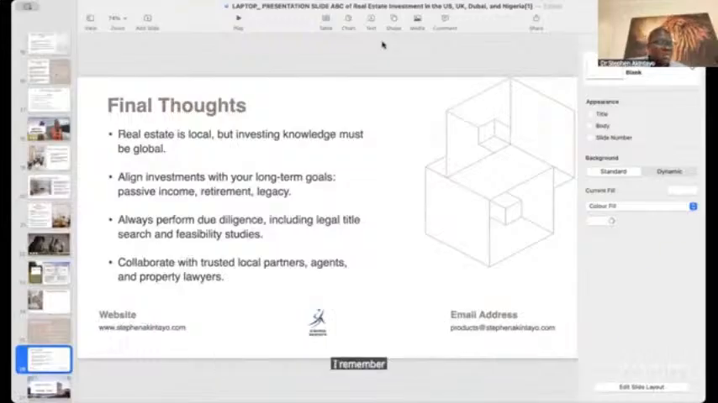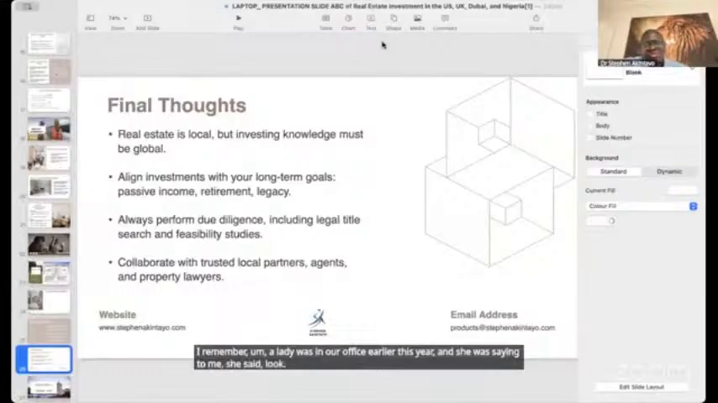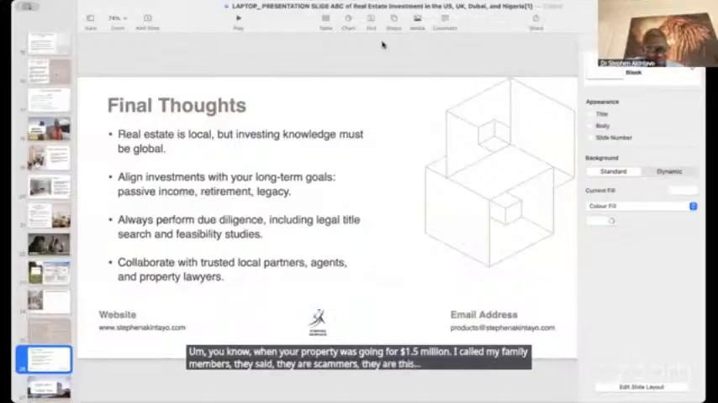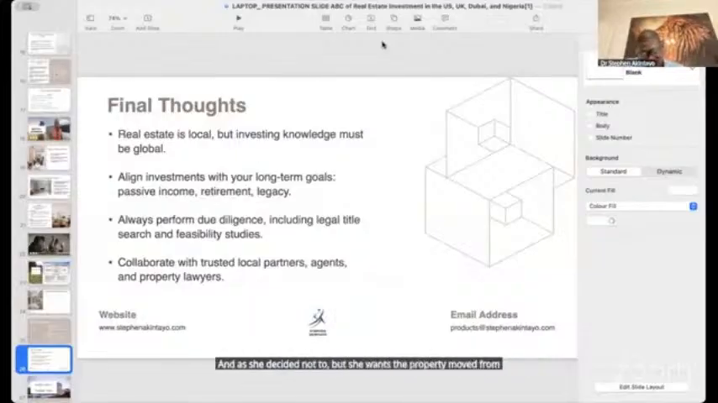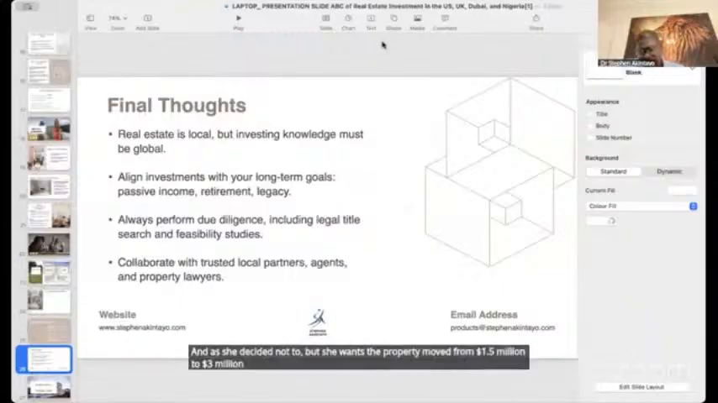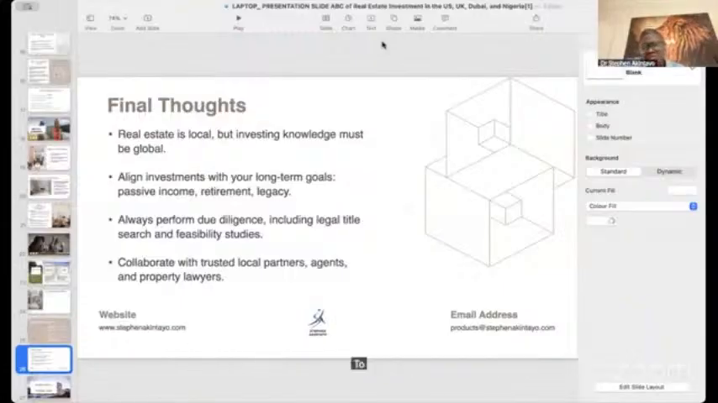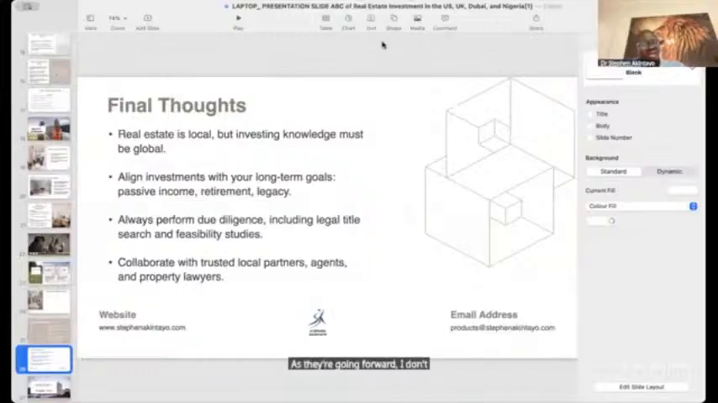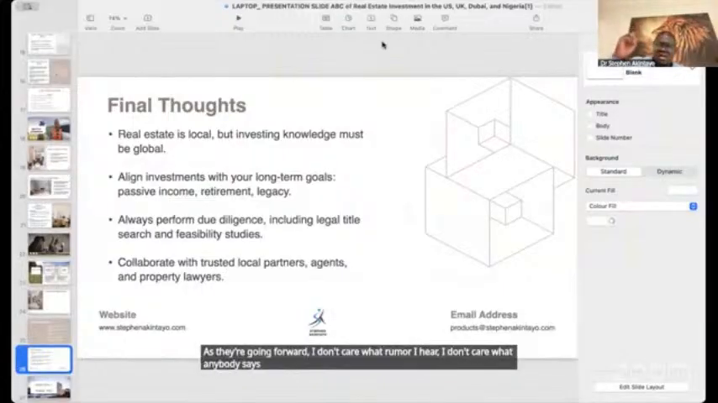I remember a lady was in our office earlier this year, and she said to me, "Look, Stephen, I wanted to invest with you when your property was going for 1.5 million. I called my family members. They said they are scammers, they don't even know us." And she decided not to buy. And she watched the property move from 1.5 million to 3 million to 5 million to 7 million to 10 million to 15 million to now 30 million. And she can't afford it anymore. And so going forward, I don't care what rumor I hear. I don't care what anybody says. If you have a new